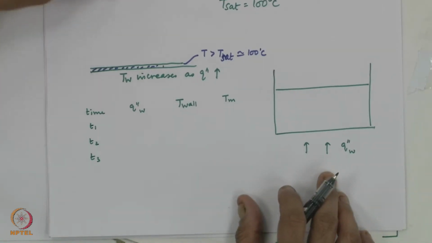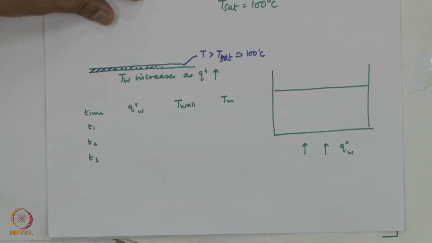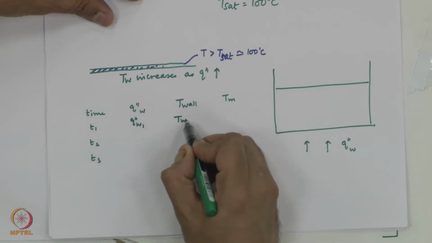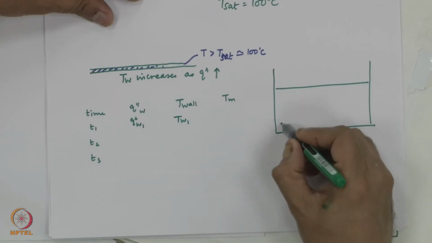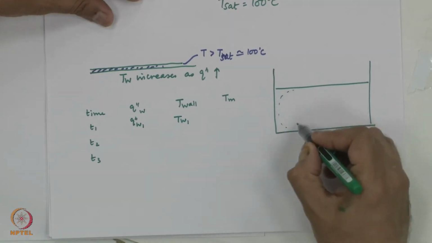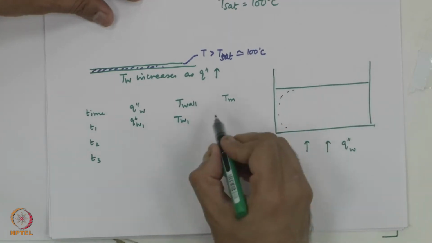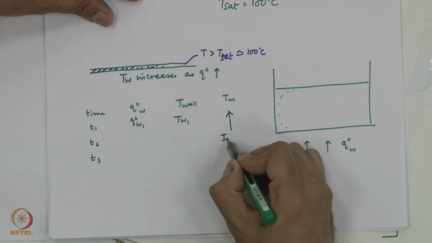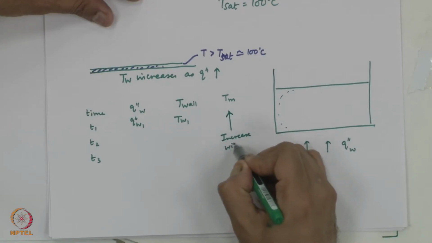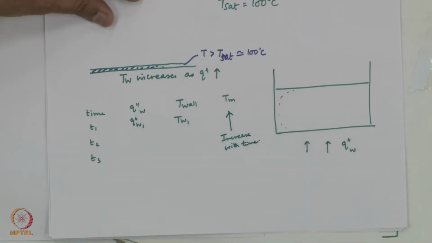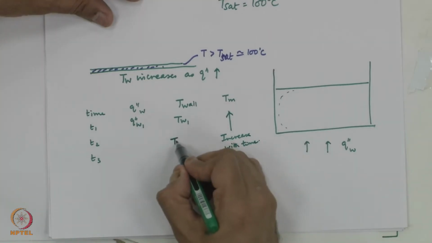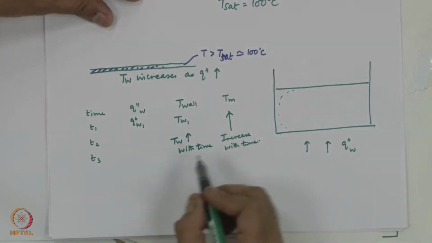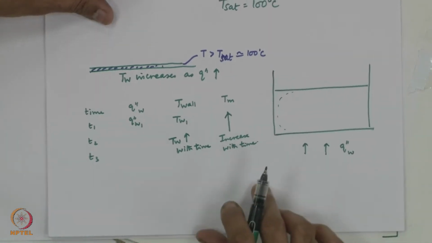And if I make a very nice record of what is happening, what you will see is that this would be some Q double prime 1 value, this would be some TW1, and the convection currents would be set up. The convection currents would become more active and stronger, and the bulk mean temperature will progressively increase with time. This is all normal commonsensical stuff. T wall also will increase with time,